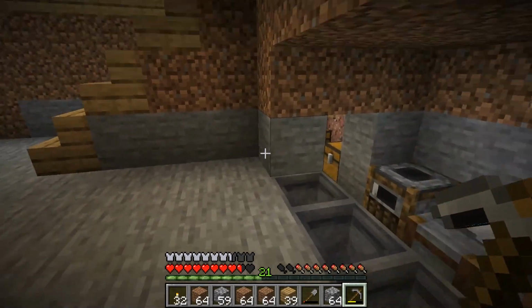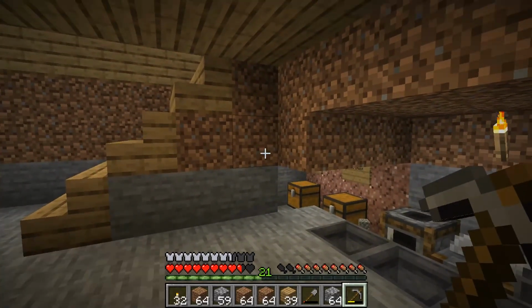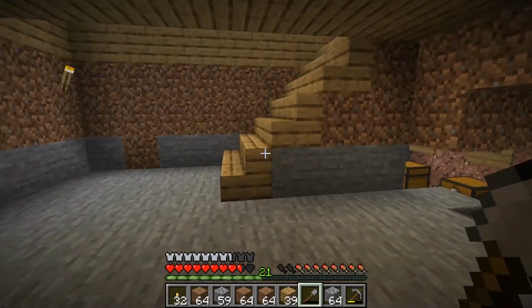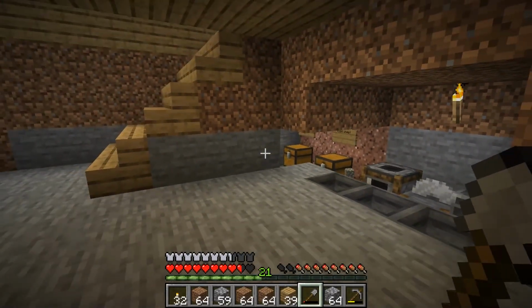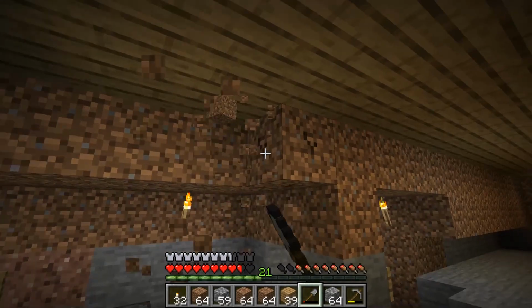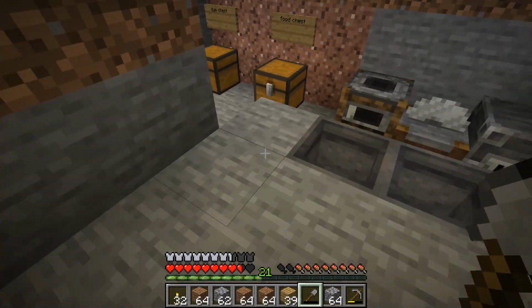Another thing, that room over there where I've got the chests, the food chest and everything, is underneath the staircase. I didn't even realise that until I looked at it. When I was digging down there, I hadn't got a clue that I was digging underneath the staircase. That is just really interesting, seeing that now firsthand. But anyways,